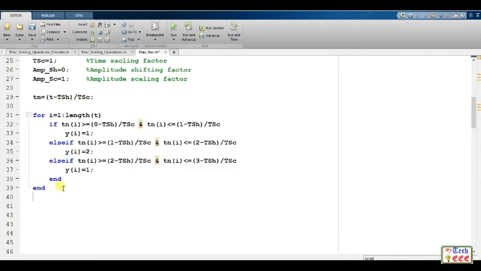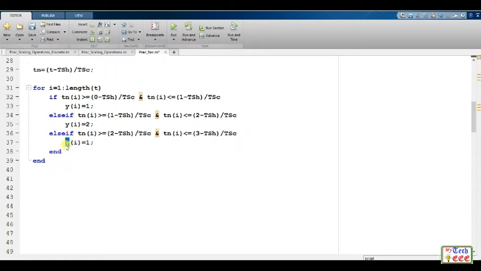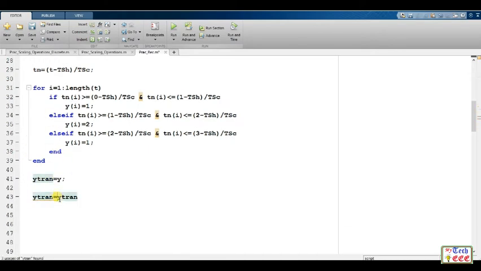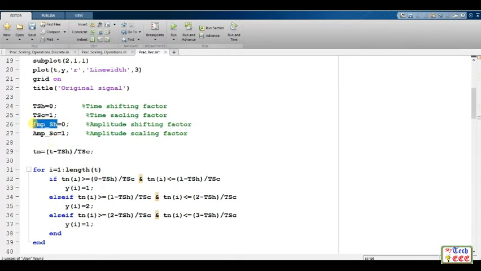Now let's perform the amplitude scaling and amplitude shifting on the signal. Let's assign a variable ytran equal to y, and now let's multiply the signal with the amplitude scaling factor and add the amplitude shifting factor to the signal.